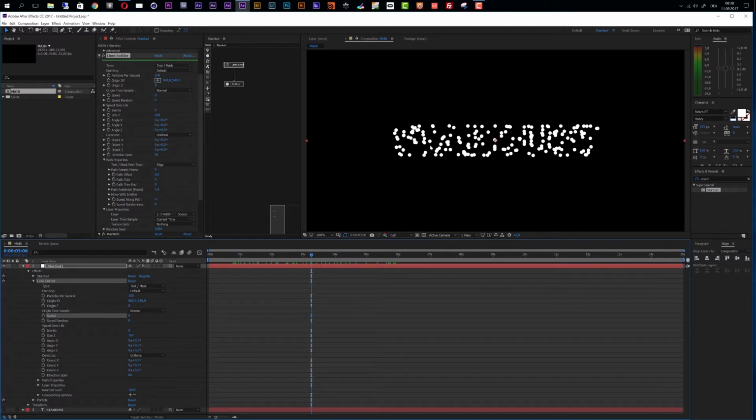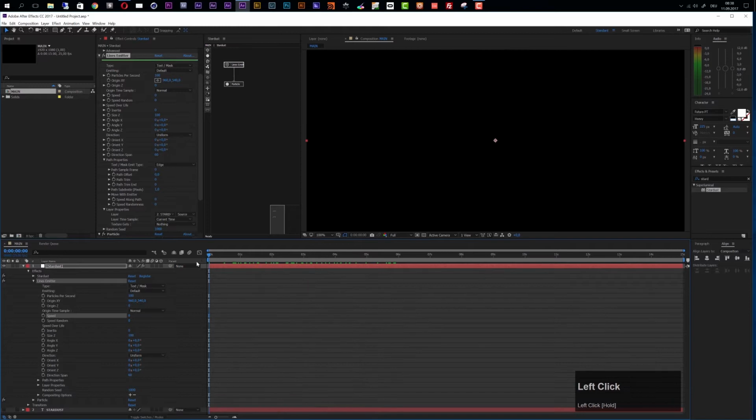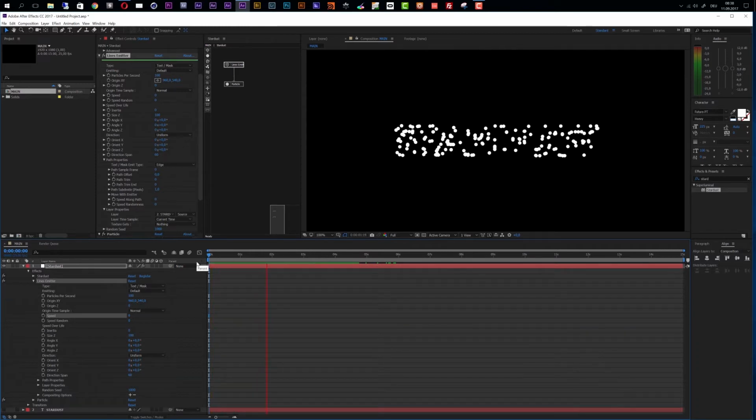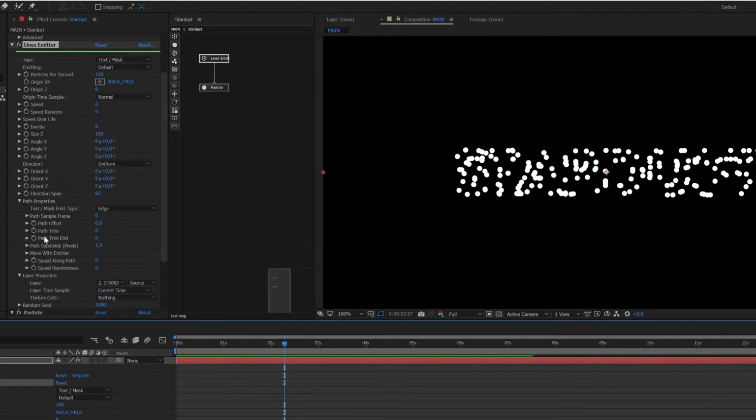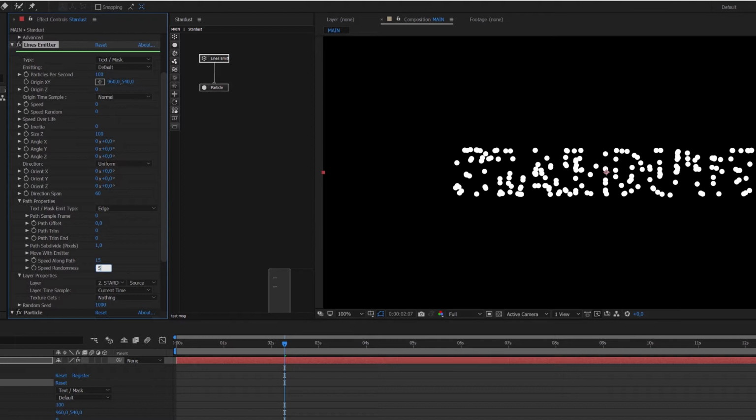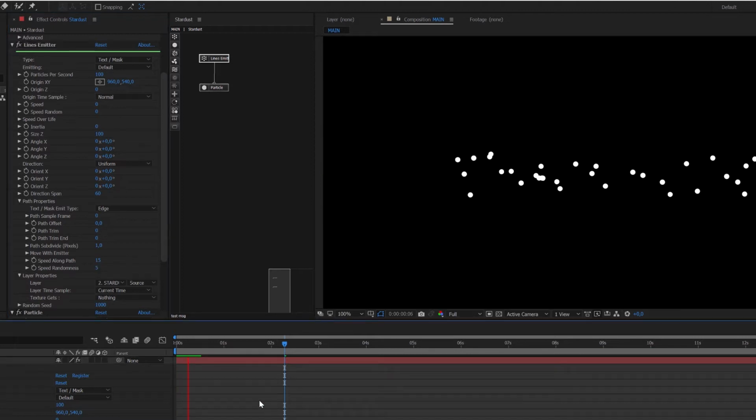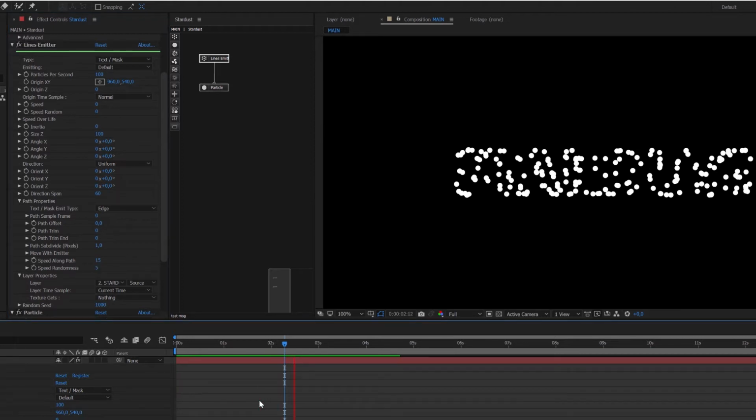So to make this look really cool, we have to change a few things here. First of all, I want these particles to move around my edge. You see, if I create a quick round preview, now they are just popping up and then disappearing again. But I want them to move along the outline of my title. So let's go to the path properties, and you see we have this speed along path and the speed randomness. And I want to type in here a value of 15 for the path speed and a value of 5 for the randomness. And if we take a look now, you see now they are moving along the outlines